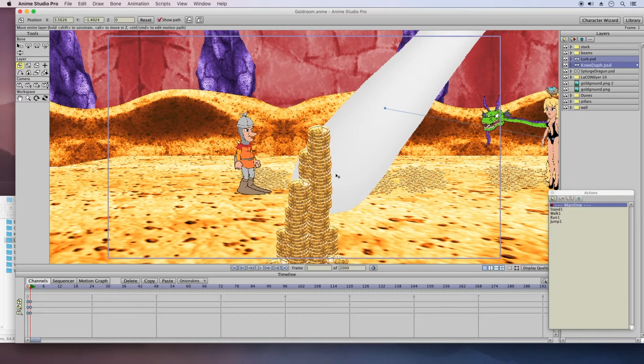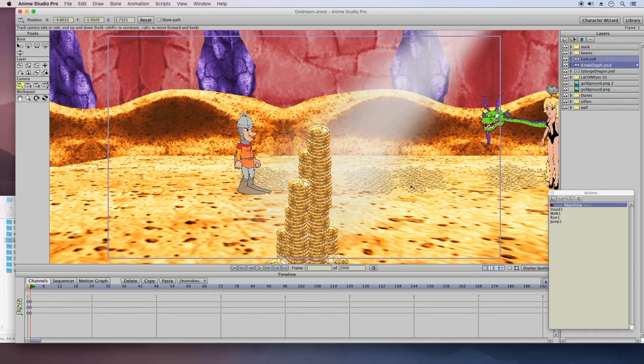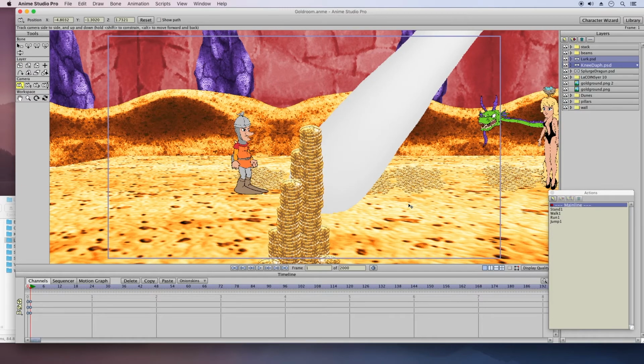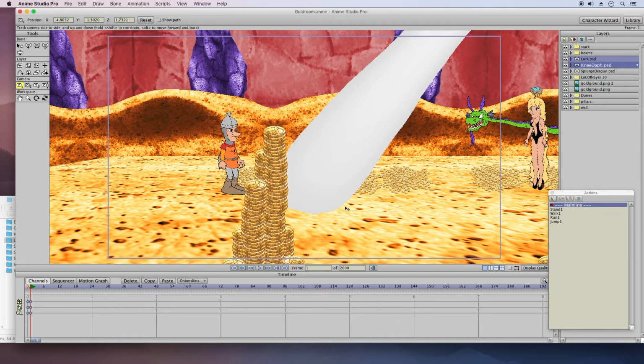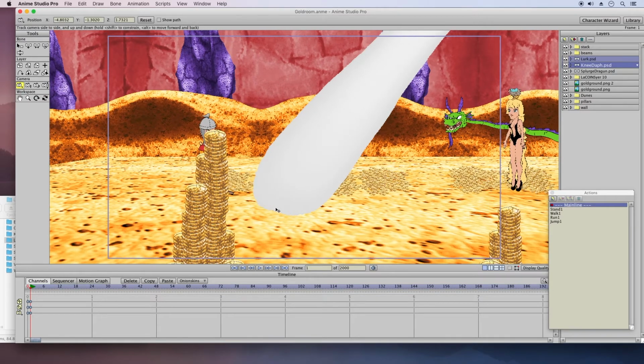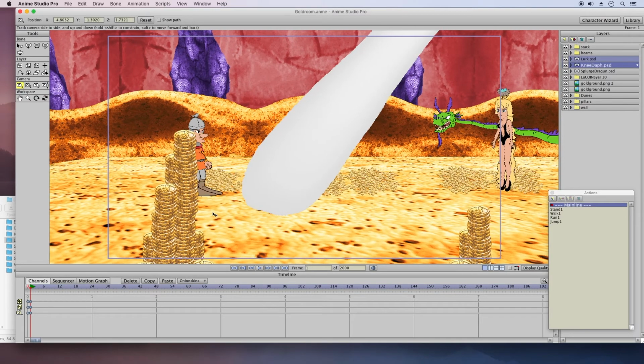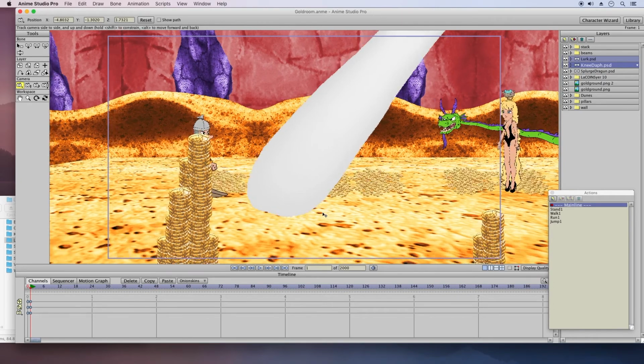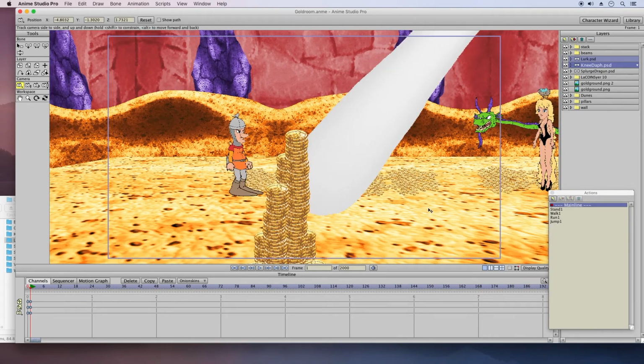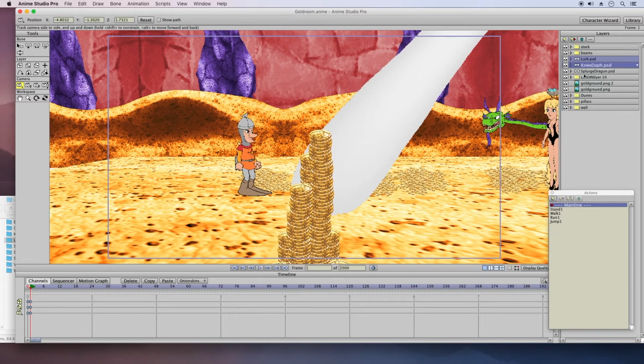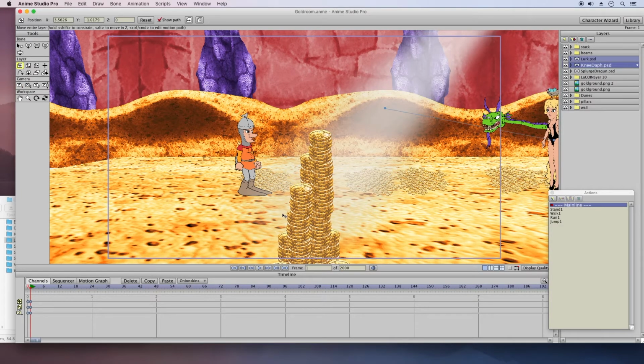That would make them a little taller in the scene. But let me see what happens here. See, the background is still sliding under their shoes, so I still have to adjust that a little bit more, or I could just move them up even further rather than make the adjustment, but I think that's a good